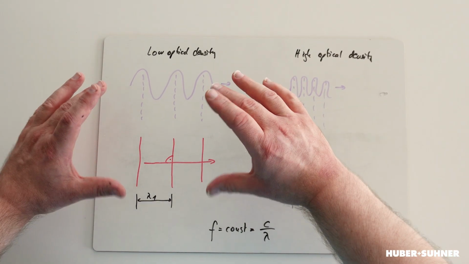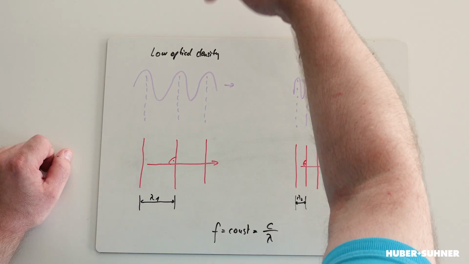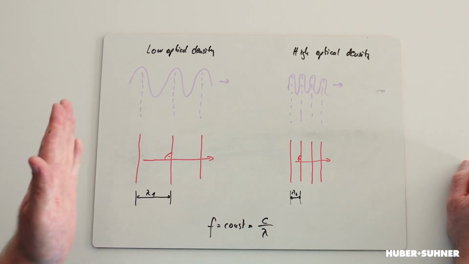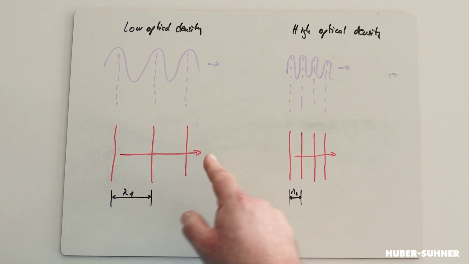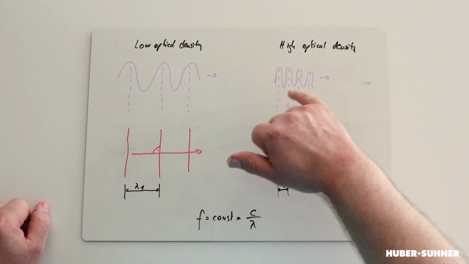flip it by 90 degrees. This means we are taking a look from the top, and those red lines, they are representing the peak maximums. They are called wavefronts. And the direction of propagation, this basically means the light beam, is always perpendicular to these wavefronts. If we now go to the right-hand side, here you can also see a sine-shaped wave, and obviously the